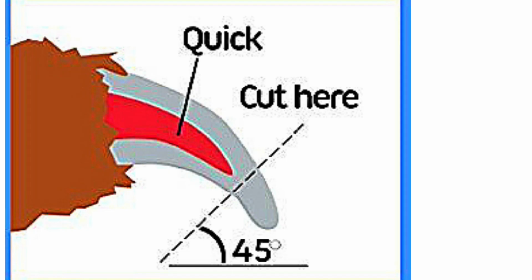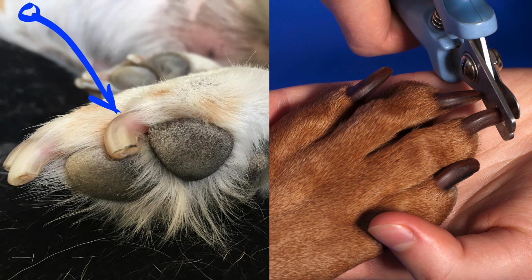And that's something that you cut or grind too far into, then you do run a risk of breaking that blood vessel open and causing the dog to bleed. Well, the problem is as the nail continues to grow, that blood vessel, the quick, continues to grow out with it. So if you haven't trimmed your dog's nails in a long time, and you're doing it for the first time, or like I said, it's been a while, then you got to remember that you can't